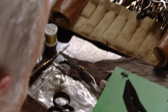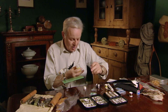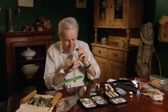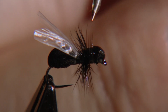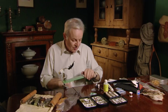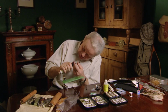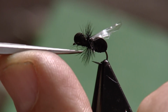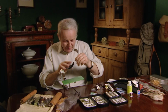And then the last thing of all, touch of the old head cement. Use this thin runny stuff, this Fly Tite, this non-toxic. Go in, little droplet there, just at the back of the head. See it suck in with capillary action. If you want to do one last thing, which I sometimes do, is just take your scissors and take a little V out of the bottom, as I do with a lot of my dry flies, just so it'll sit nice and level. Just sit that on my hand,